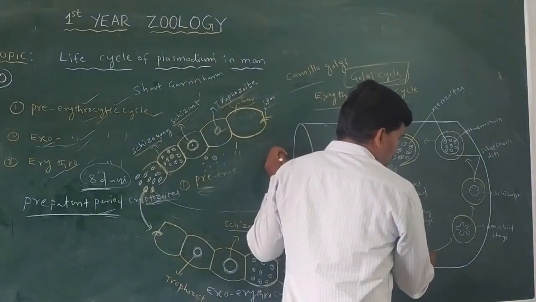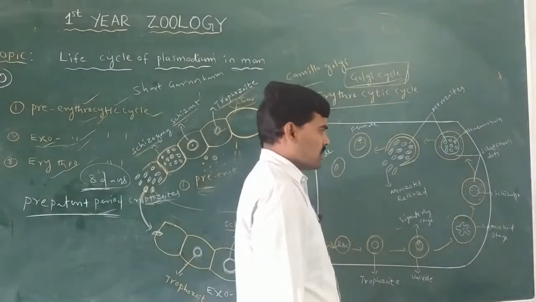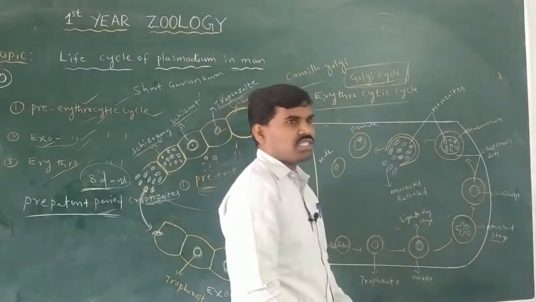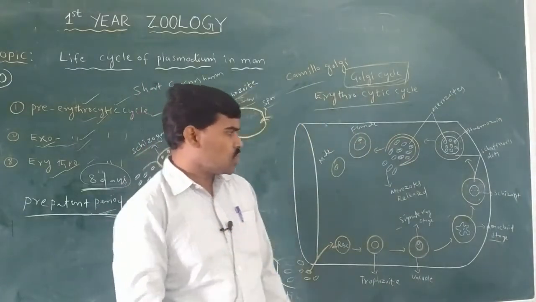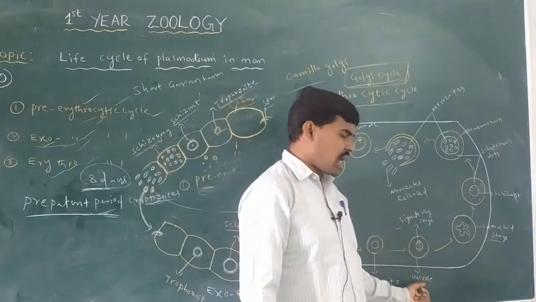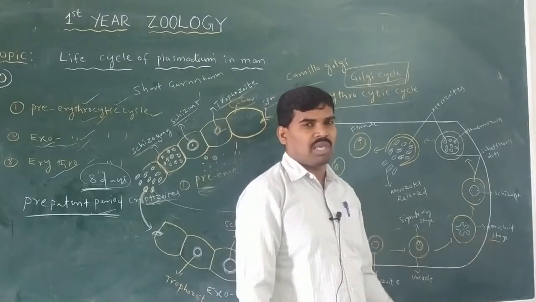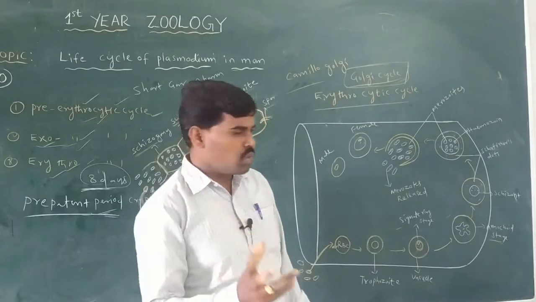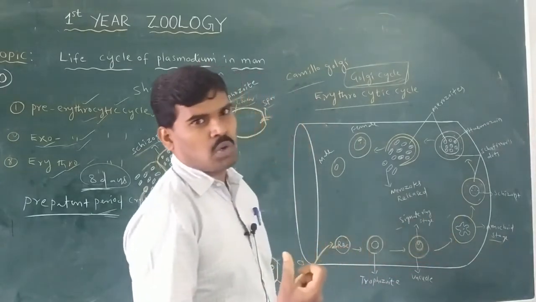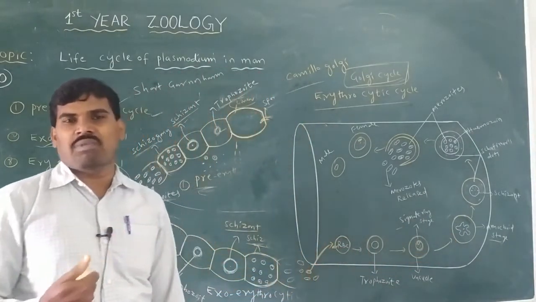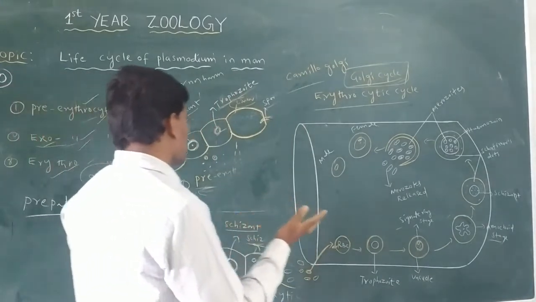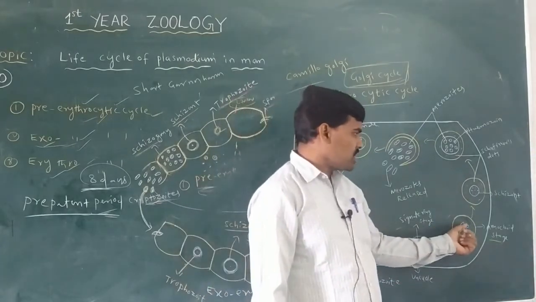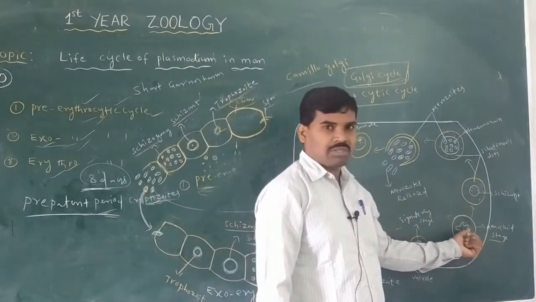Then the vacuole transforms into the amoeba stage. In the amoeboid stage, lobose pseudopodia are formed, like an amoeba. The pseudopodium is the locomotory organ, capturing food materials and moving from one place to another. The amoeba has pseudopodia.